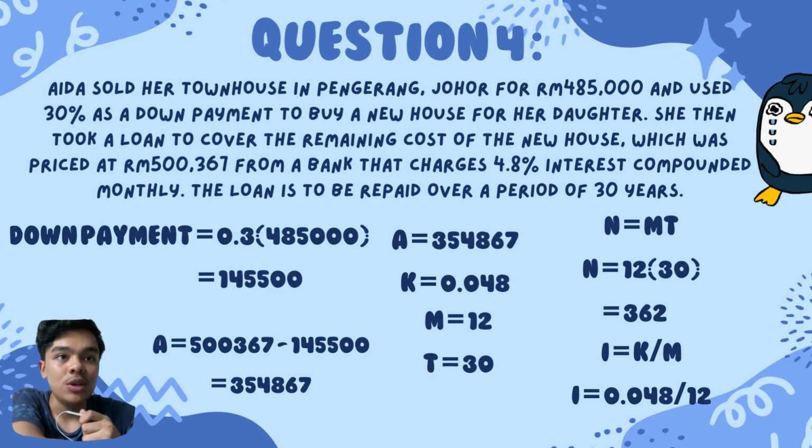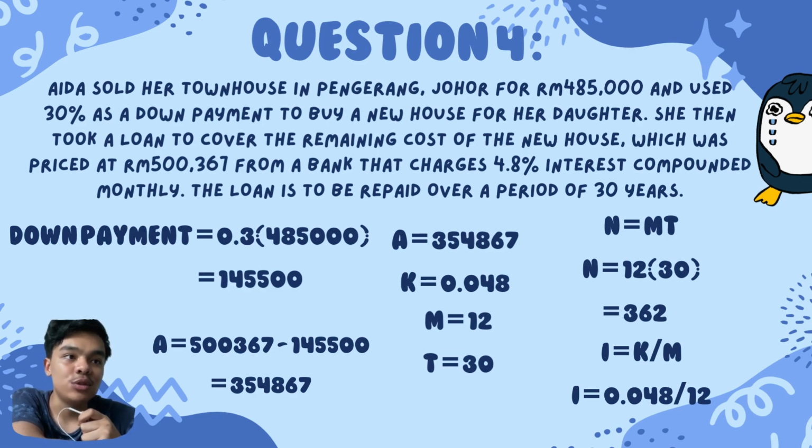In this statement, we need to find the down payment first, which is 30% multiplied by 485,000, and then we will get the down payment is 145,500. And then we could find the A, which is the amount of the loan minus the down payment, and then we will get A equal to 354,467, and then K equal to